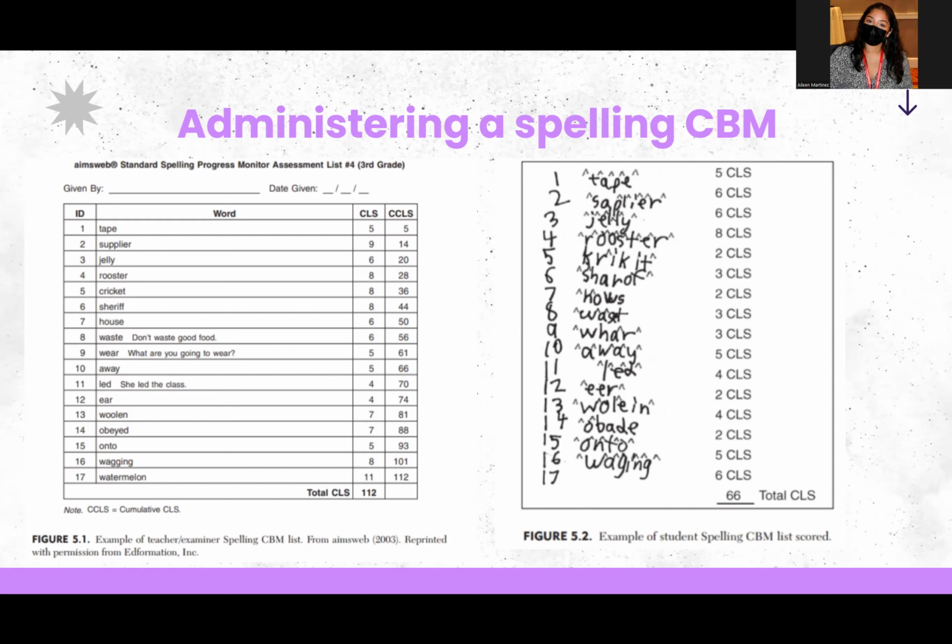I'll give you 10 seconds. So you have 10 seconds to spell each word. When I say the next word, try to write it, even if you haven't finished the last one. Are there any questions? So from there, I would start the timer and I would say the first word. So the first word is tape. And the student would have